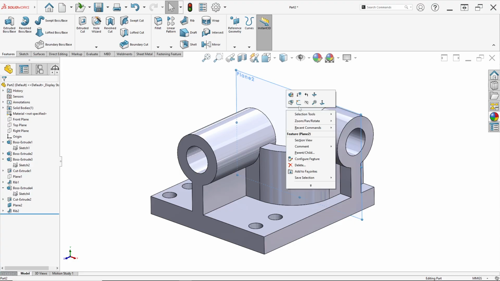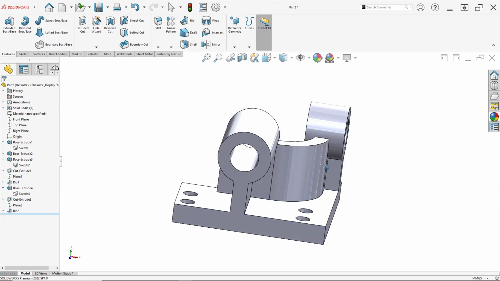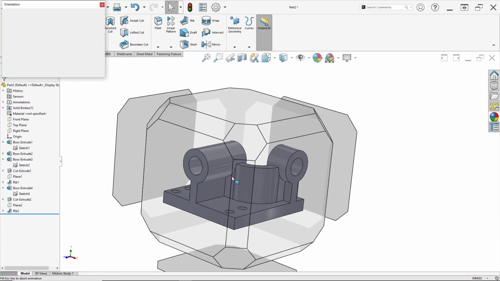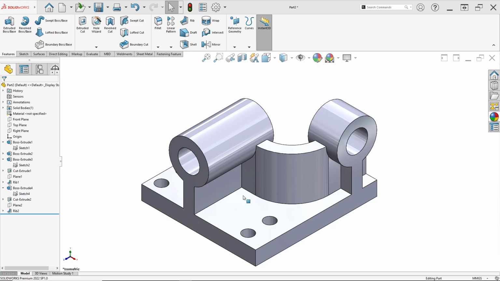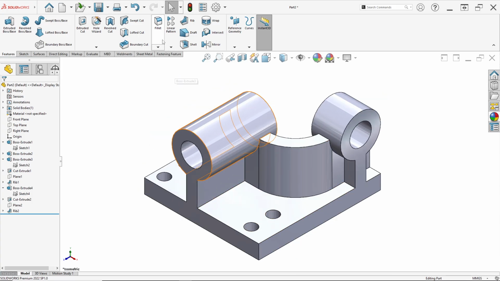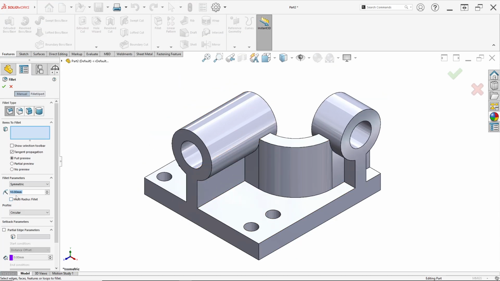We can hide this plane. Click Hide. In here we have made a sketch like this, and don't forget in here all fillets and rounds are radius 3 millimeter. So we can search for Fillet in here, fillet parameter 3 millimeter.